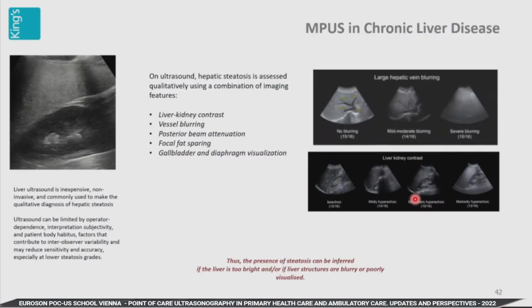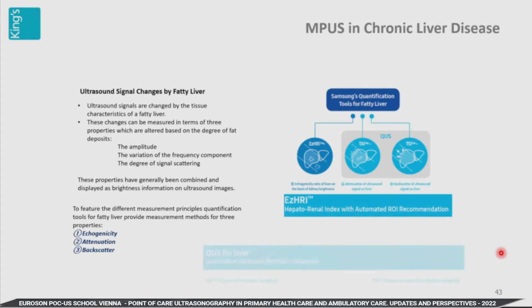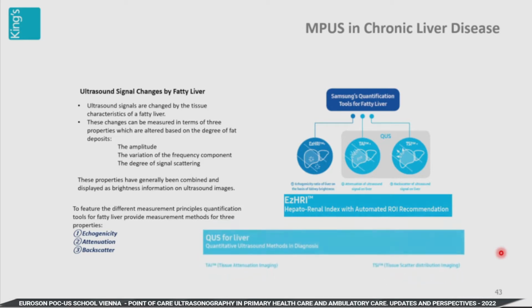You want this quantified. And you're looking at liver kidney contrast, vessel blurring, beam attenuation, and whether you can see the gallbladder or not. And this is now changing, because you're looking at different things, and you're looking at the quality of the ultrasound in attenuation, backscatter, and there's another method, speed of sound, looking at fat quantification. And of all the methods, speed of sound is actually probably the most accurate, but the most difficult to get into clinical practice. But all the machines have these measurements,